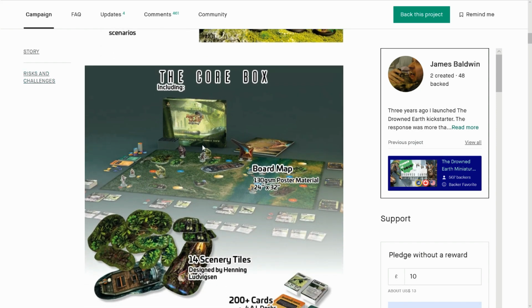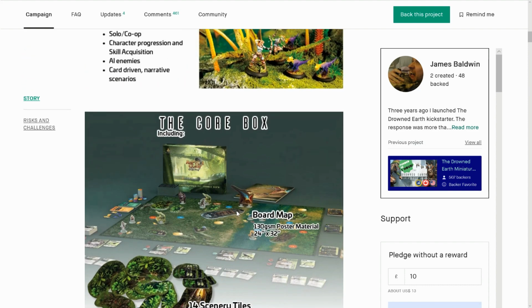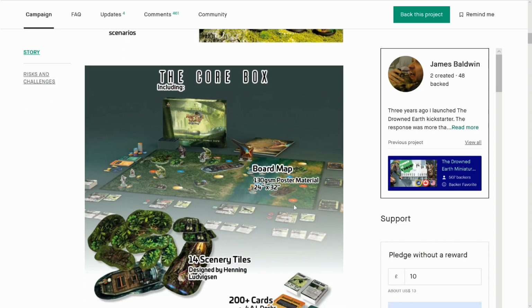But as we go down to the core box here, we get to see what this is. We're getting a huge poster here. This is coming from England, and I don't know why they've put inches here. It's a real pain in the neck, inches, for me anyway. But yeah, it's coming as poster material, so this is not a board per se, it's a piece of paper. Not too happy about the paper bit, but you know, you're going to have to be careful with that, and does it fold up? Why is it not just a board? It says a board map. This is confusing me. Poster material. Won't just call it a board. Anyway,